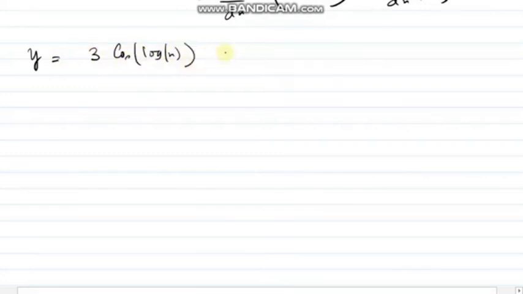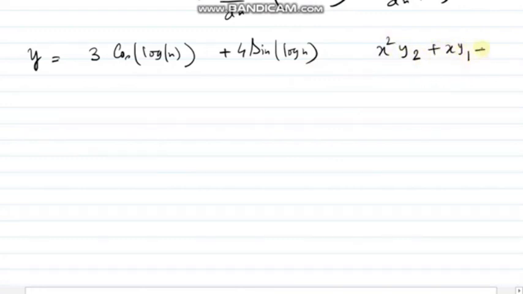So these are the simple sums. Whenever you get time, just let me know. This is the last sum I am doing for higher order right now, but as you know, anytime you have a problem, please write in the comment box so that I can solve it for you. So y equals 3 cos log x plus 4 sin log x. And you have to prove that x square y2 plus x y1 plus y equals 0. That we have to prove.